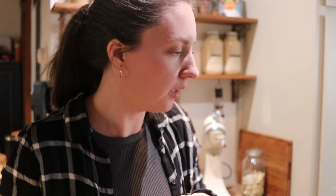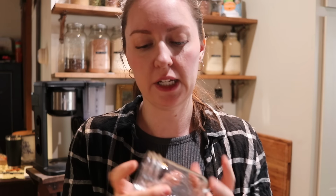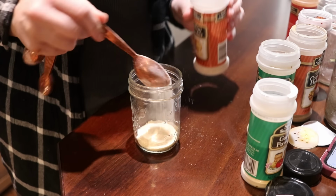All right, now I've got 2 spice blends for you all. I just put all of my spices in a small jar like this. I always make sure there's a little bit extra room, and then I just shake them up at the end. So the first one we're gonna do is a taco seasoning mix. For the taco seasoning, I am starting with 2 tablespoons of onion powder,